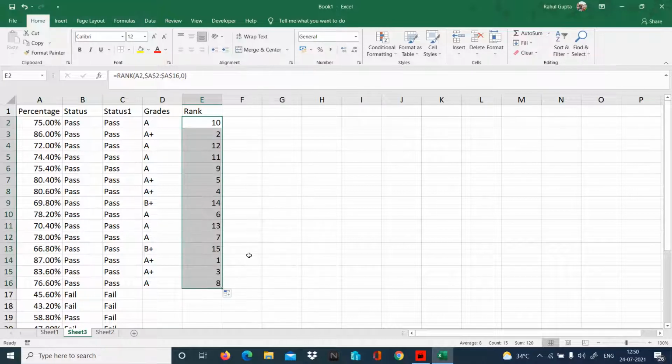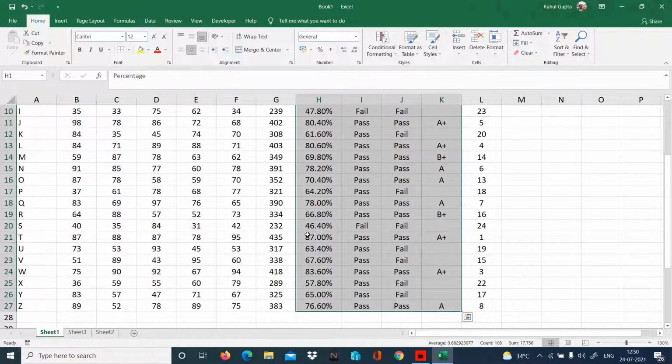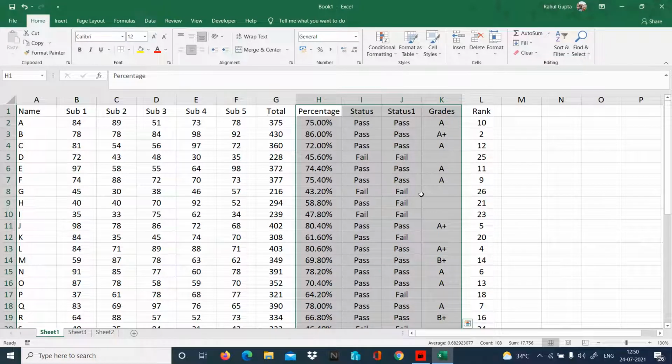So here we have got the rank for only pass students, and we will not get a rank for the fail students. So we have first sorted the data on the basis of status 1, then we have checked only between these options. So this is what we used to do in this basic set of formulas.